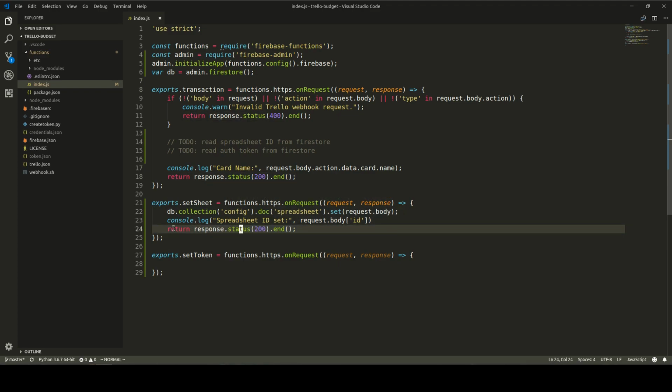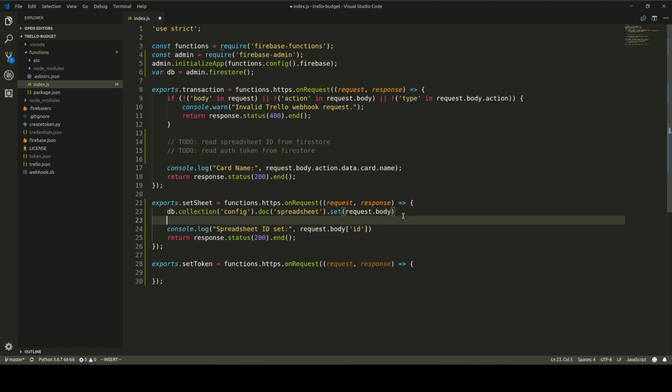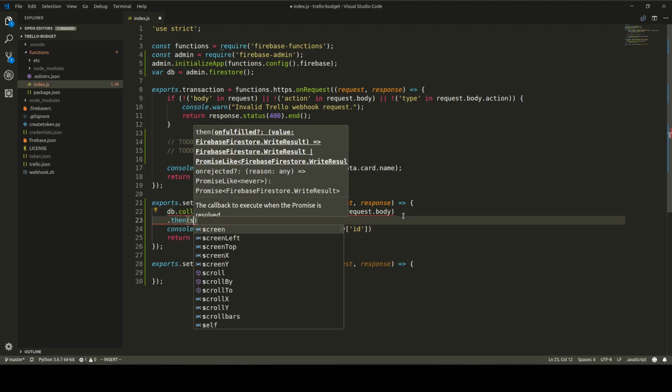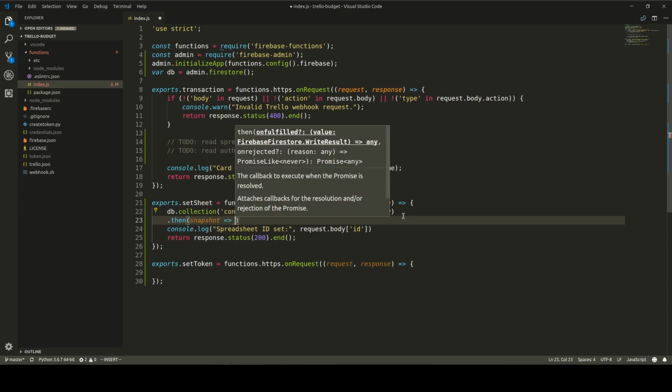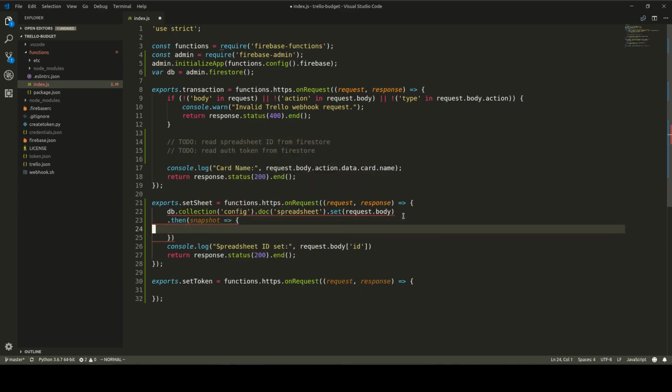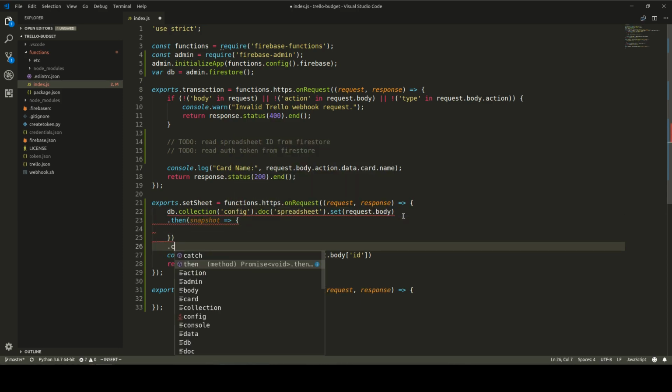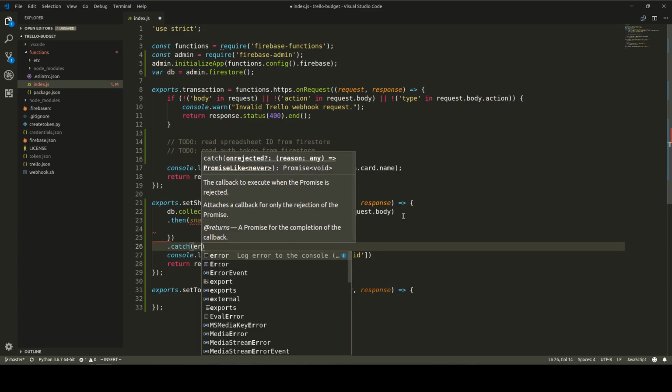So before returning our responses in HTTP functions, we need to make sure that all the background jobs are finished. We simply call then, so snapshot, and also catch any errors,